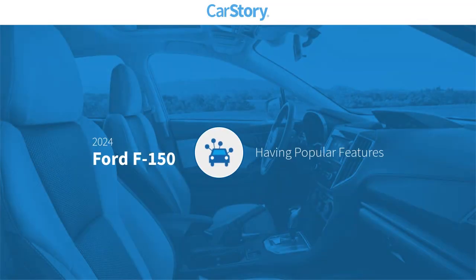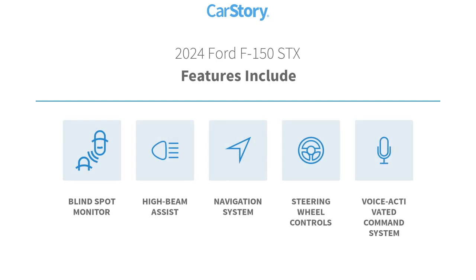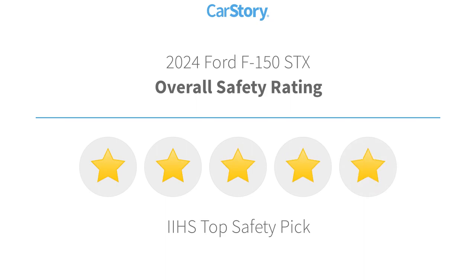Car Story research indicates this vehicle as having valuable features in high demand. Features also include blind spot monitor, high beam assist, navigation system, steering wheel controls, voice-activated command system. With these ratings,